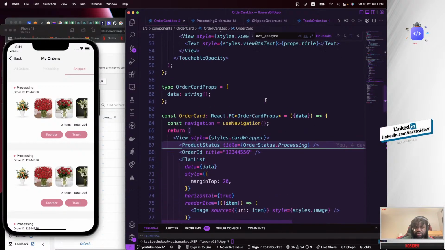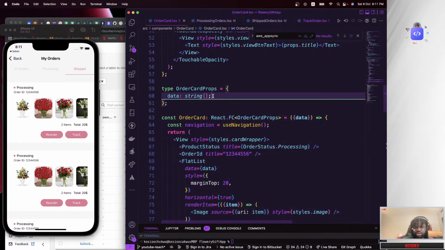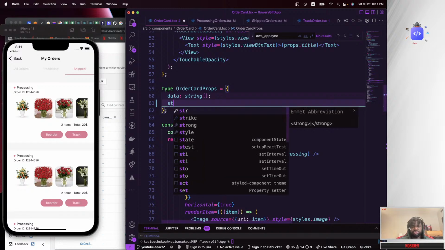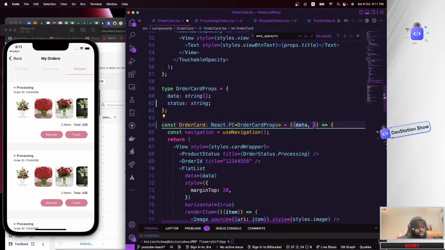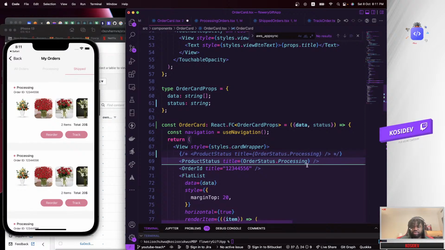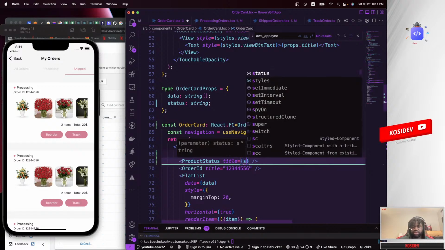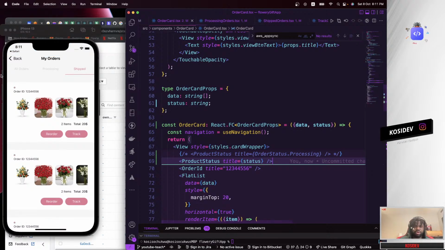And we could get hold of the data. Okay, so let's say we have the status, which is a string. Then over here I'm passing the status and replacing this hard-coded string right here. So I'm going to pass the status in here. Yeah, status. So go ahead and save this, but this is going to throw an error.